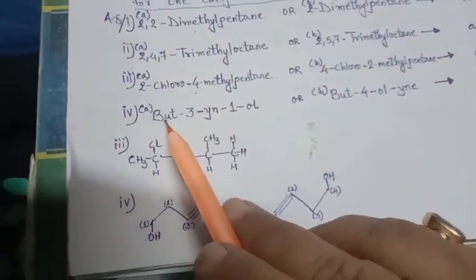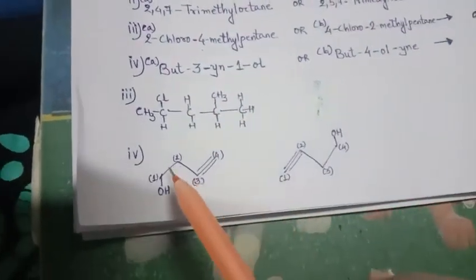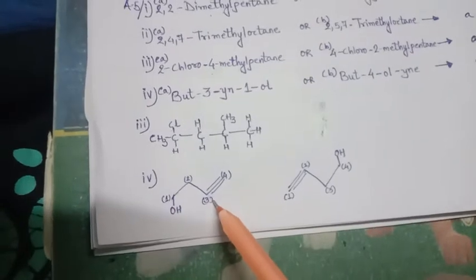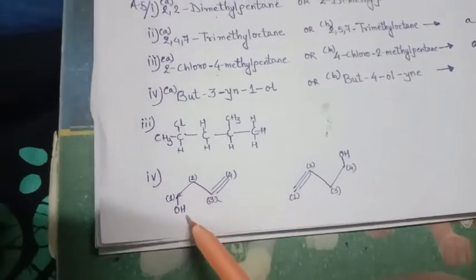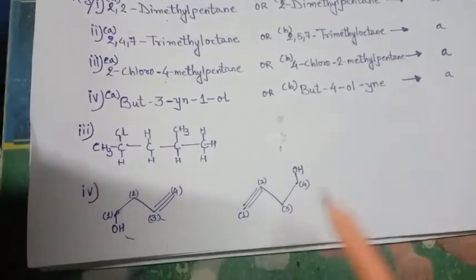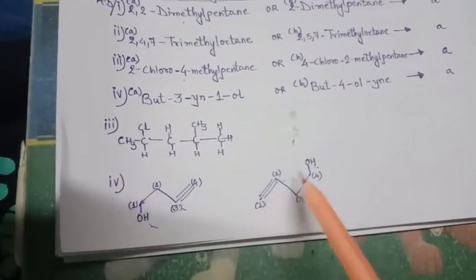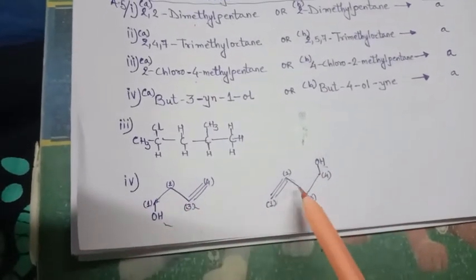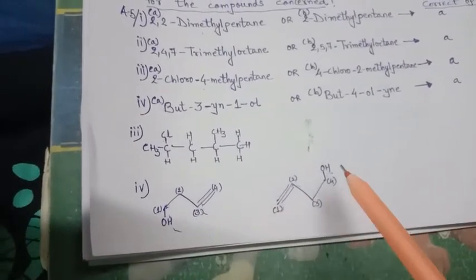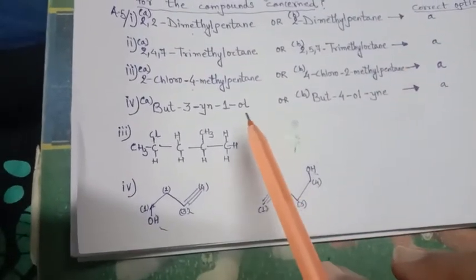And the last one, but-3-yn-1-ol. Now here see, but means 4 carbon. 1, 2, 3, 4. 4 carbon, 3-yne. So 1, 2, 3. 3-yne is here and 1-ol. So on the one position OH is there. Right? The second is given as but-4-ol-1-yne. So let us consider here 1, 2, 3, 4. So here also triple bond and OH. Looking at the structure, we see that it is nearly similar. On this terminal triple bond, here OH. On this terminal triple bond, here OH. But here yne is triple bond and OH is given.